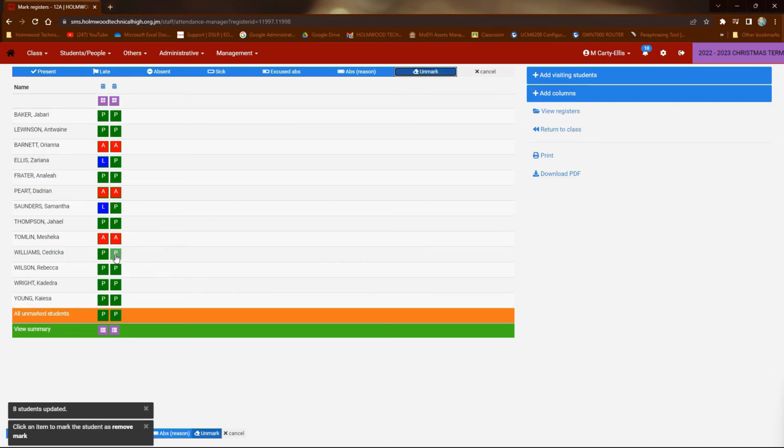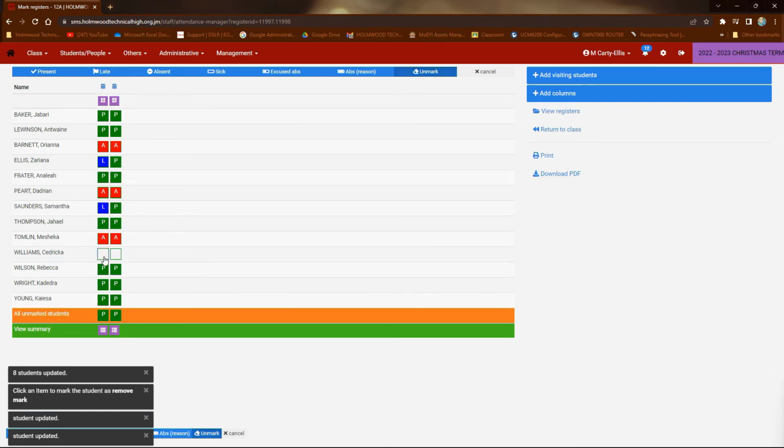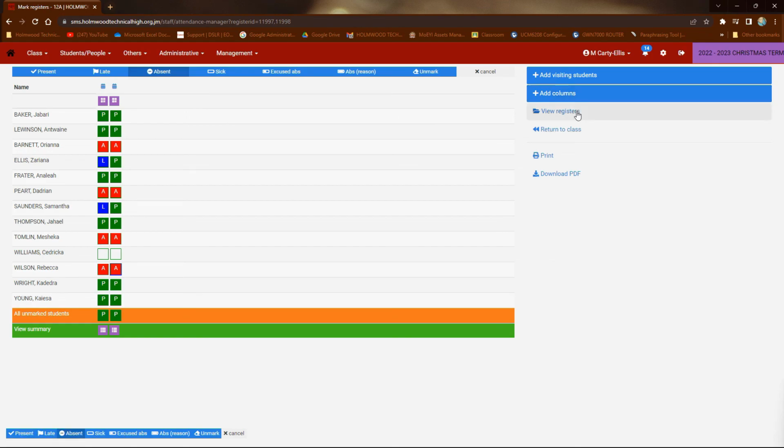If you make a mistake while marking the registers, you may use the Unmark action or just select the correct action, then click on the box in which the mistake was made. While on the Registers page, you can also add additional or missing register columns, edit the information for selected register columns, print or download your marked register,